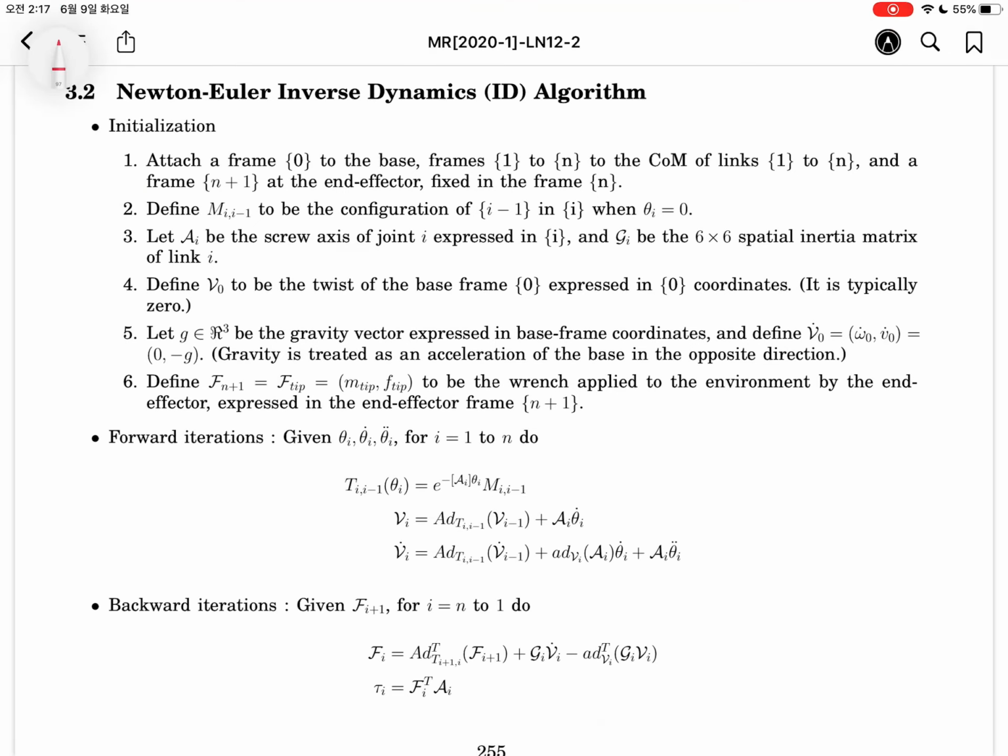Okay, let's summarize the Newton-Euler inverse dynamic formulation. As mentioned before, frame 0 is assigned to the base, and frames 1, 2, through n are assigned to the center of mass of links 1, 2, through n. The last frame, n plus 1, at the end effector, is fixed to frame n. And then M_{i,i-1} is the configuration of frame i-1 in terms of frame i when every theta